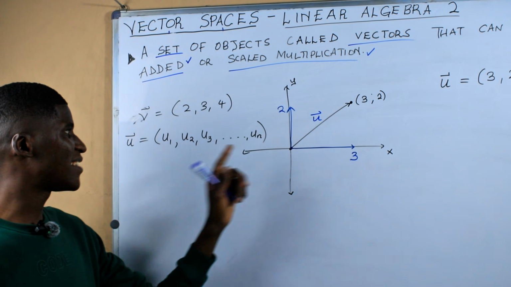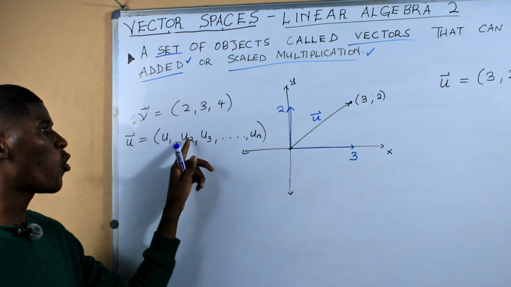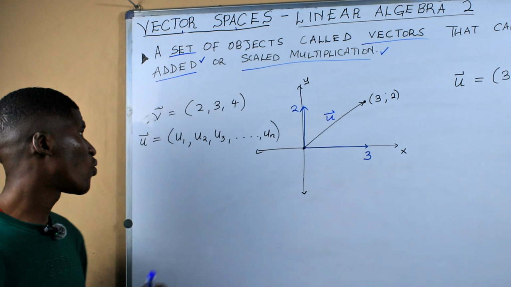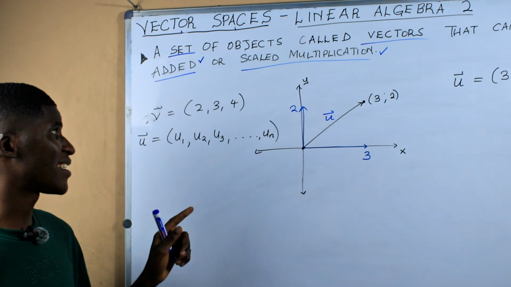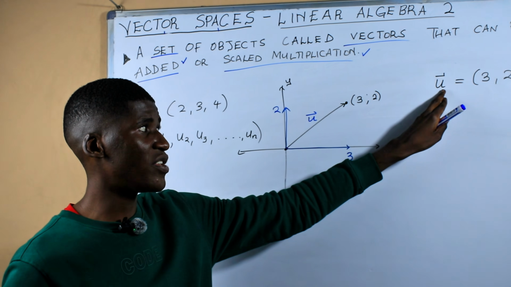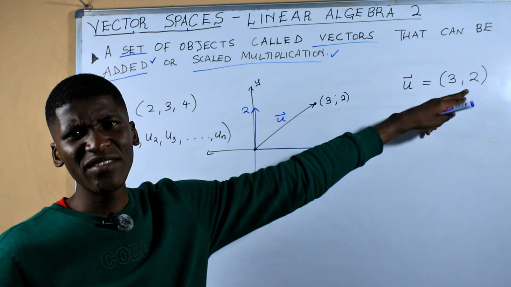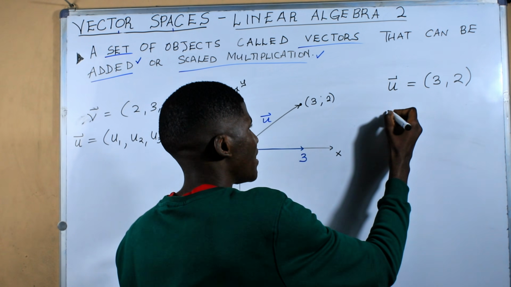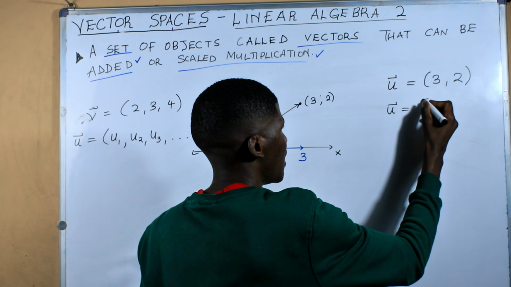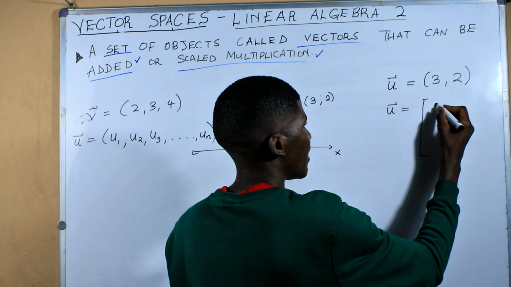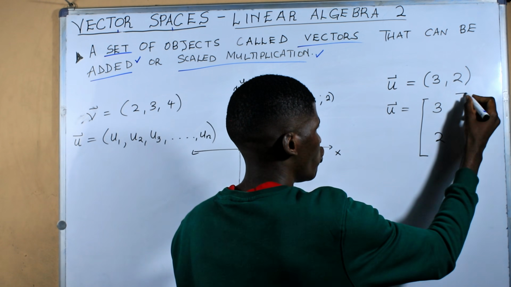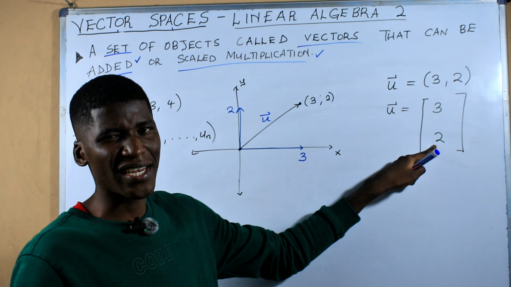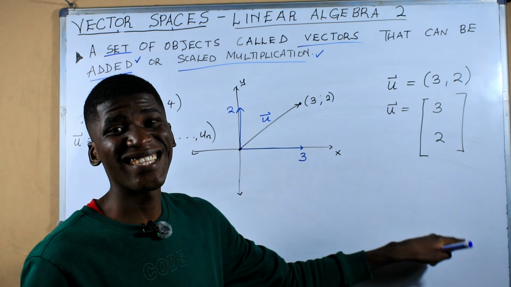Now, these components here are not only represented in form of coordinates, but we can also represent them as a matrix as well. So when we represent these components as a matrix, let me just say, for example, you are having this u here, which is 3, 2. These components can be represented as a column vector. So a column vector can be something like this. A column vector is a matrix format that has got here 3, that has got here 2. So basically, this is the first component, this is the second component. If we had more than 2 components, we would continue going until the last component.